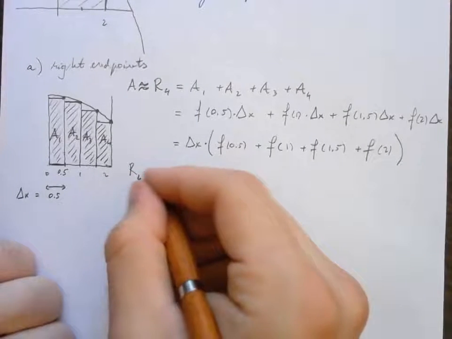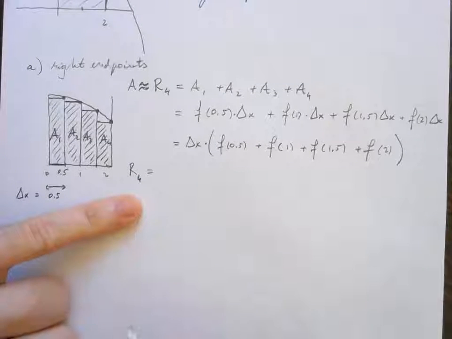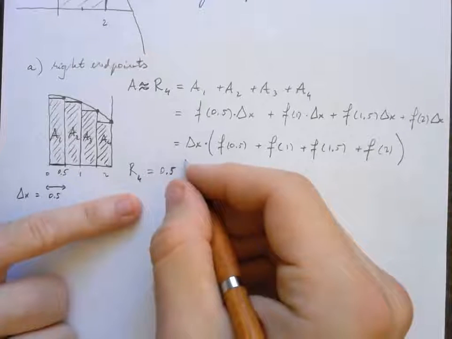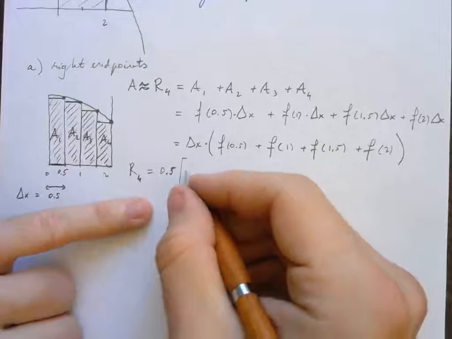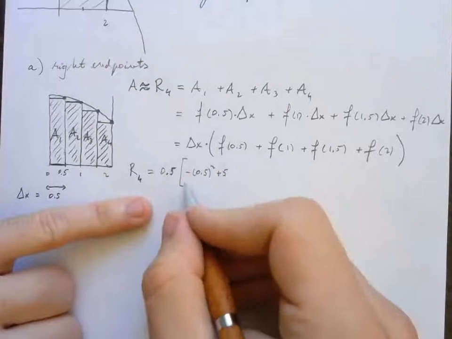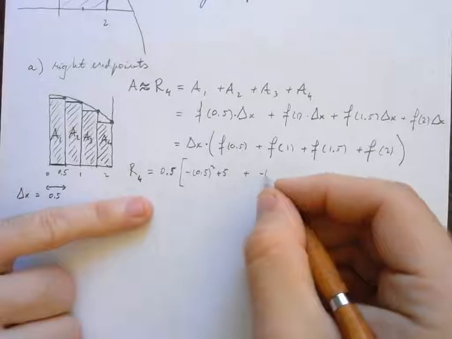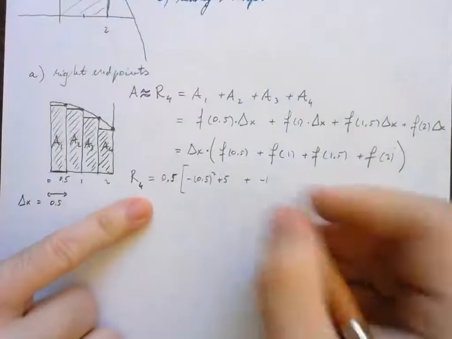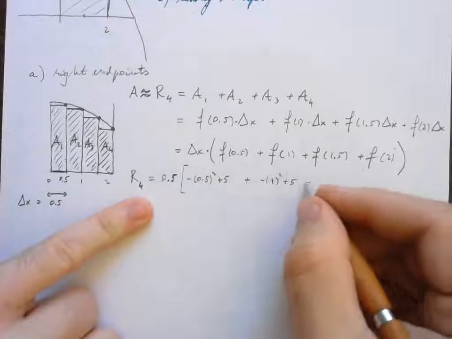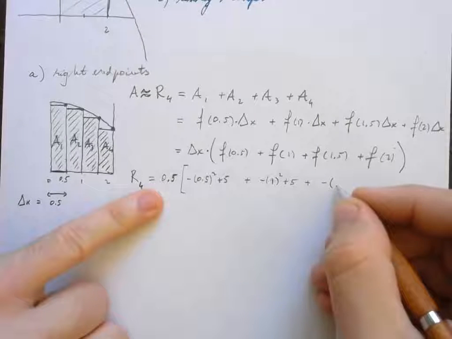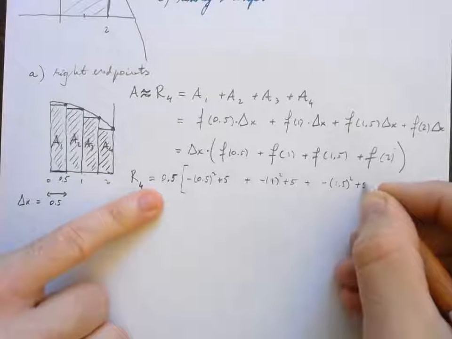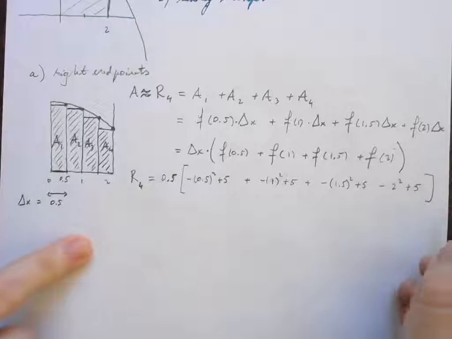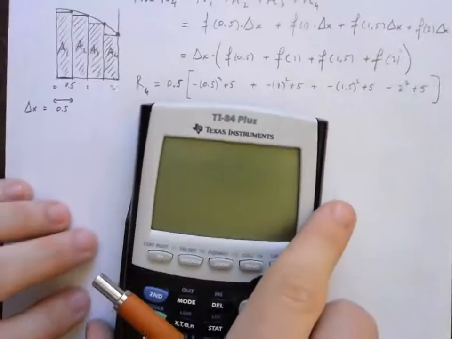So R4, the approximation using right endpoints and 4 rectangles, is going to be delta x, which is 0.5, times negative 0.5 squared plus 5, that's the first one, plus negative 1 squared plus 5, plus negative 1.5 squared plus 5, and then lastly negative 2 squared plus 5. I go to my calculator, and